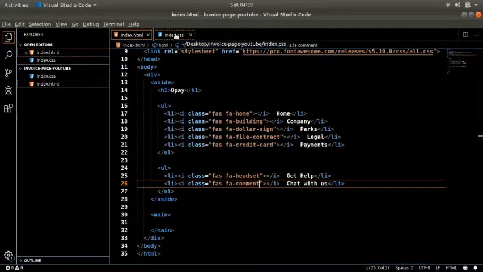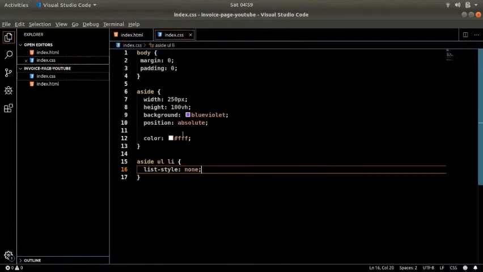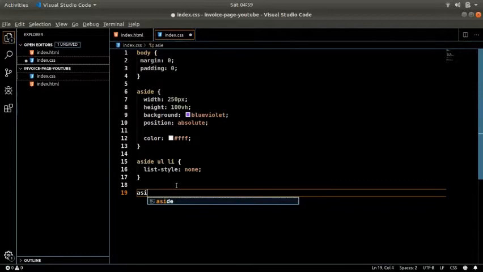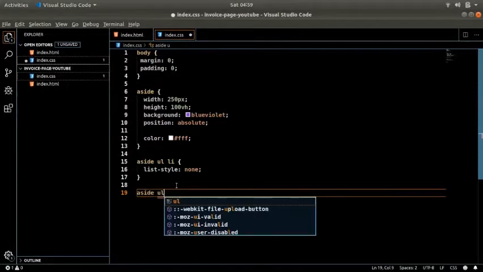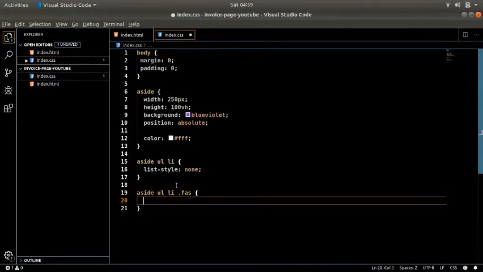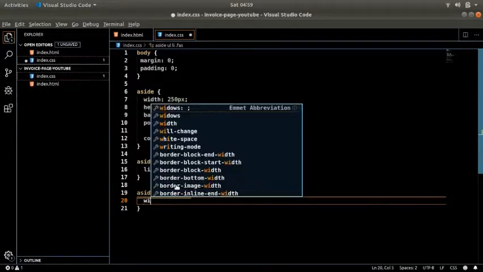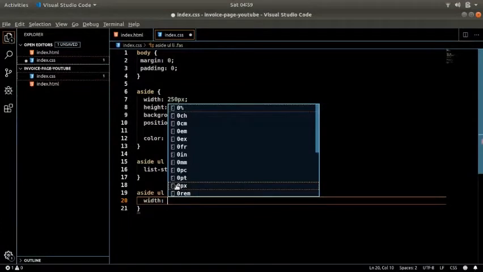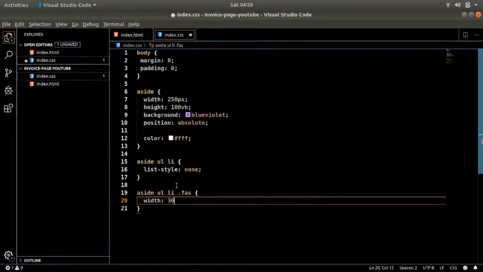Inside the aside we have UL, then LI, and within every LI we have a class called FAS. I want the width here to be, let's say, 30 pixel.